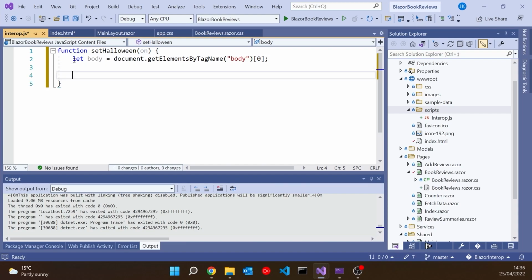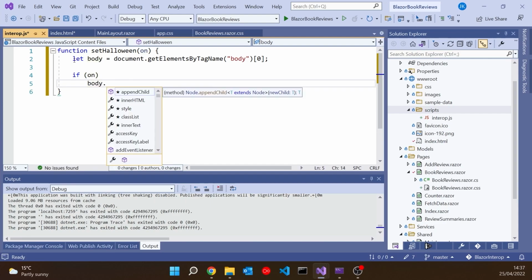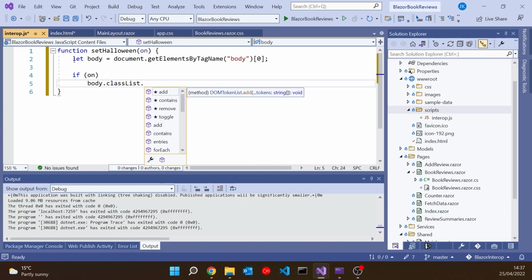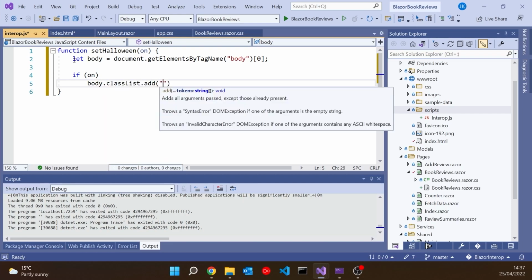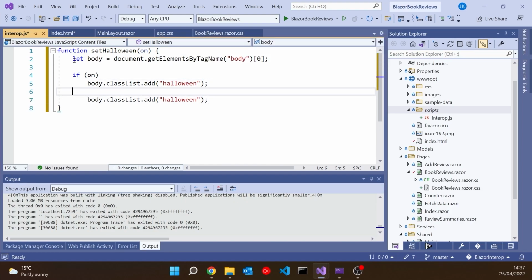And then we're going to use the on parameter, and we're simply going to say if on is true, then we say body.classList.add, and then the class Halloween. Or if not, we can simply say remove. So easy enough to do in JavaScript.